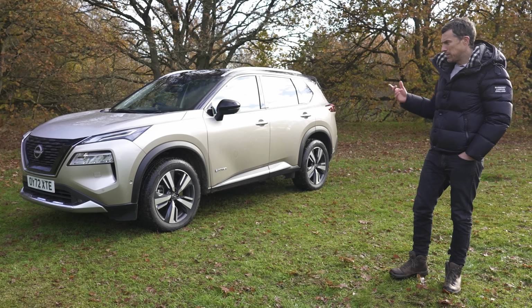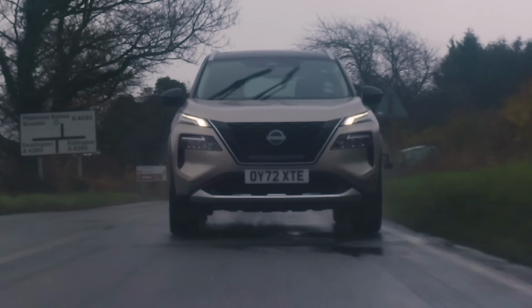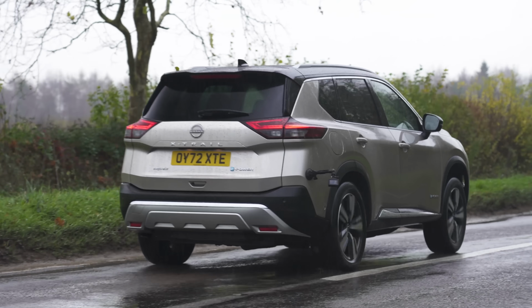Now, a bit more about that in this video, as well as what the design is like, what it's like on the inside, how practical the car is, and of course, what this new X-Trail is like to drive. I'm also going to launch it to see how quick it is from 0 to 60 miles an hour,